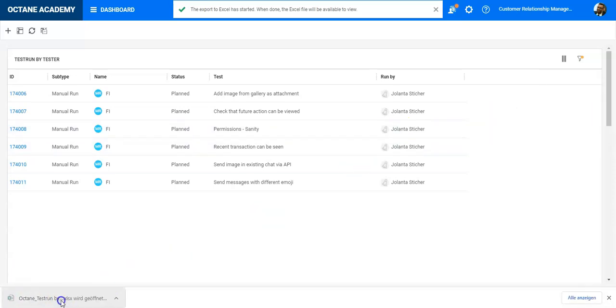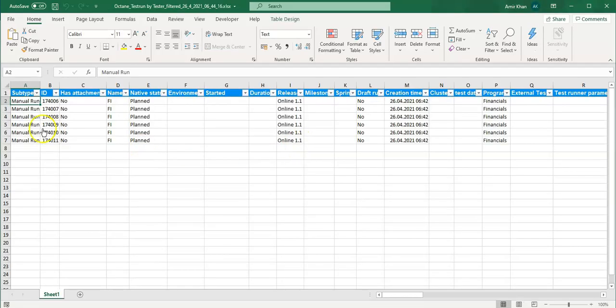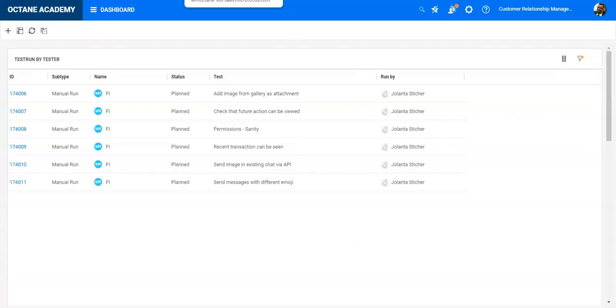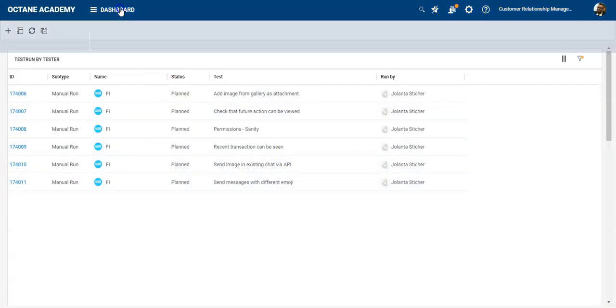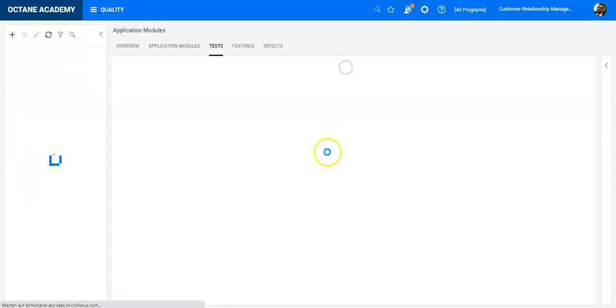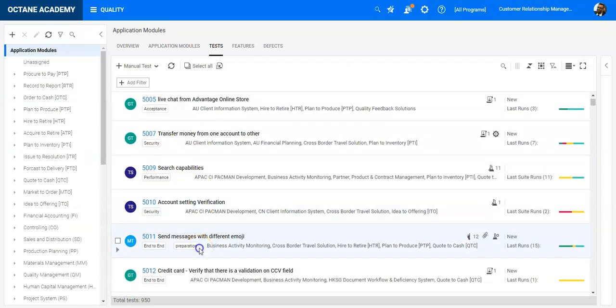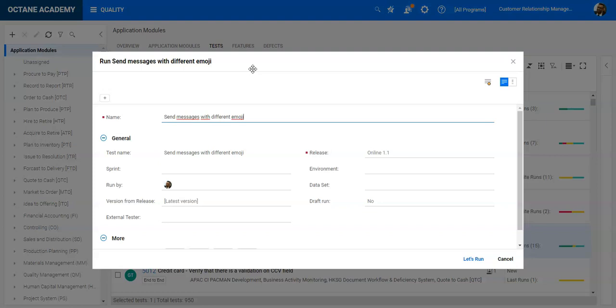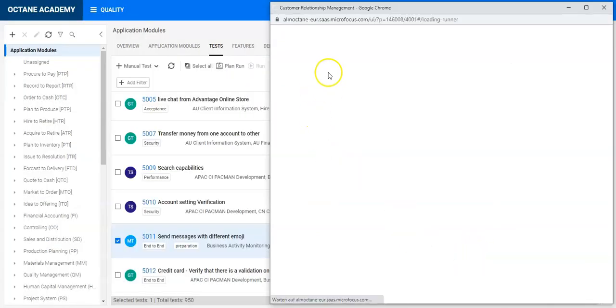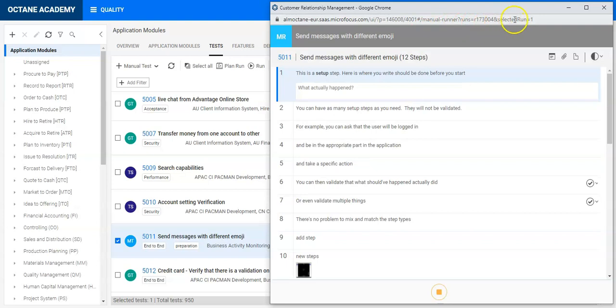And once I have the report, I can open it, and you can see here I have all the different IDs listed. Now what I will do is make sure that Jolante receives the test case and she is able to run it by going into the dashboard module, opening any test for execution. So let's say I will be just running this test from now. This is okay, and what I can see here is a URL. This is important for me. I will copy it,